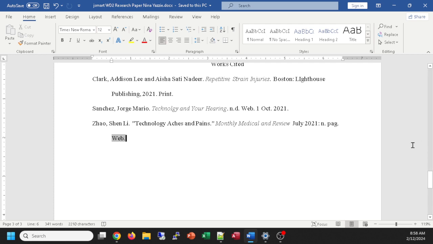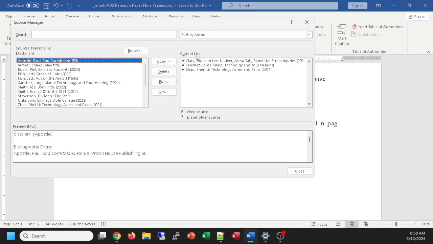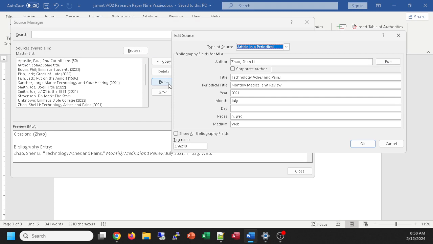the Zhao source. Let's go fix our source. We realize we have something misnamed in there. Let's see what we've done wrong here. So I can go to References, Manage Sources, click on the Zhao and edit it. And they realize it's not monthly medical and review, it's monthly medical review. So I delete the word and, I click OK,